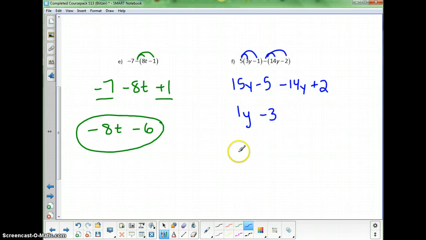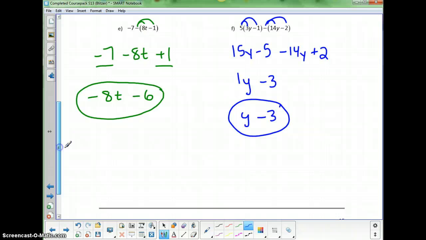I'm going to rewrite this one more time because I don't need to write the 1 in front of a y. y is the same thing as 1y. It's a little bit simpler. It's got one less symbol, so that's going to be considered just a tad bit simpler. So instead of 1y, I will write y minus